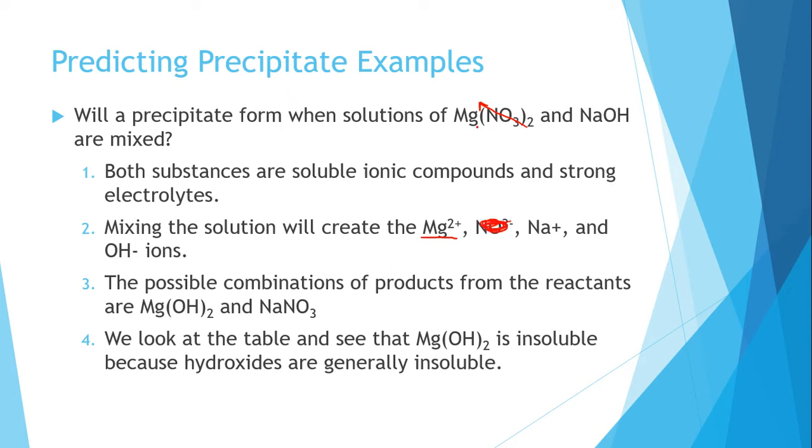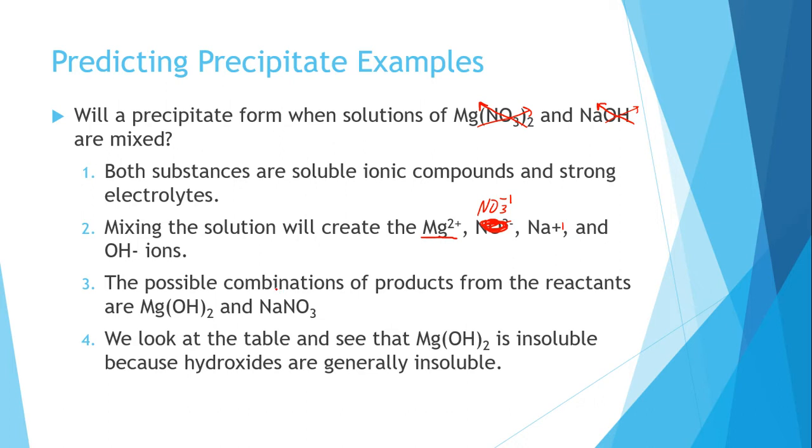When you uncross this one, nitrate, NO3, has a -1 charge. When you uncross sodium hydroxide, sodium has a +1, and hydroxide has a -1. So these are all my ions that are present. The next step is we have to figure out our possible combinations, which means a positive should pair with a